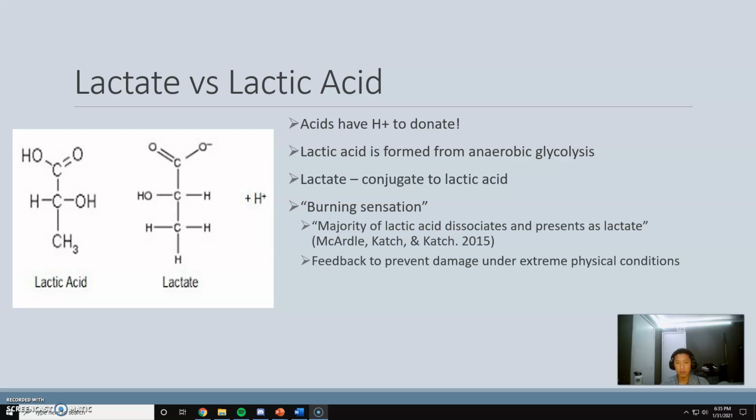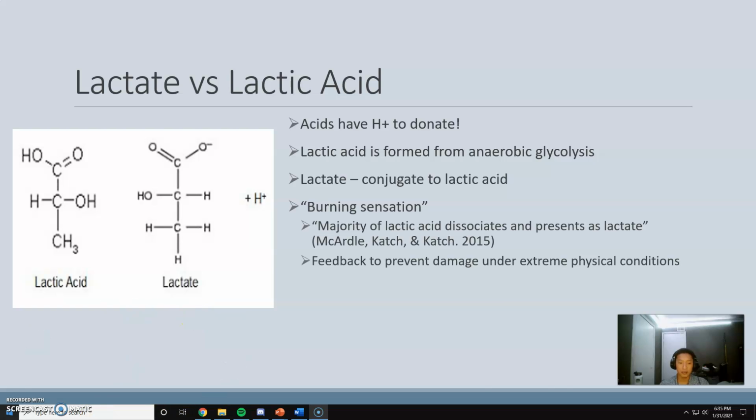During this dissociation, lactate is formed as the remaining compound binds to a sodium or potassium ion. So lactate is actually that burning sensation more than lactic acid is, as the majority of lactic acid dissociates and presents as lactate. And this burning sensation is a feedback mechanism our body uses to prevent further tissue damage under extreme